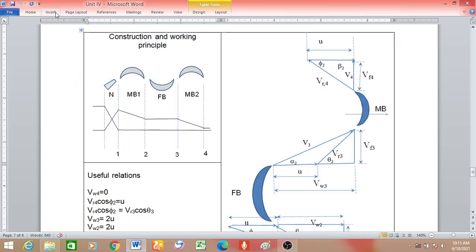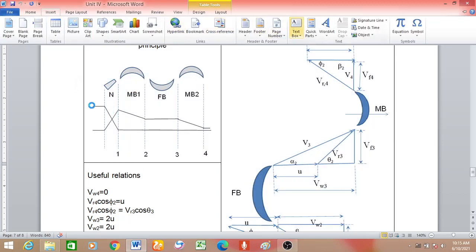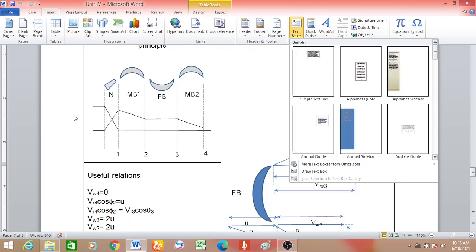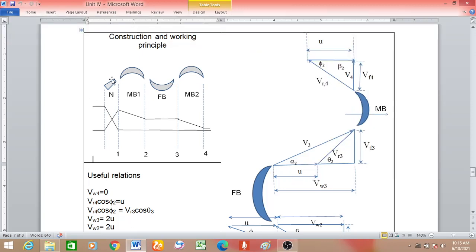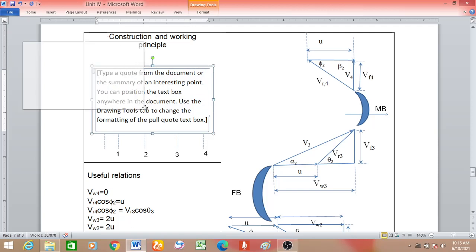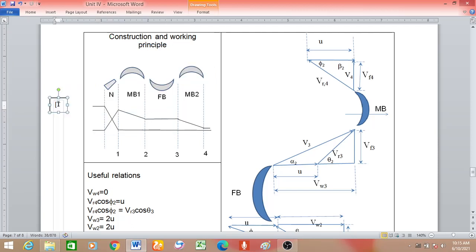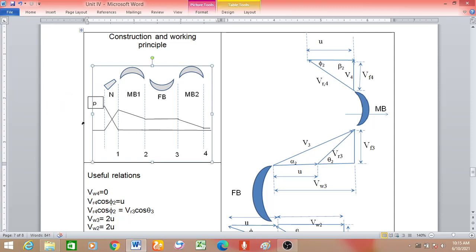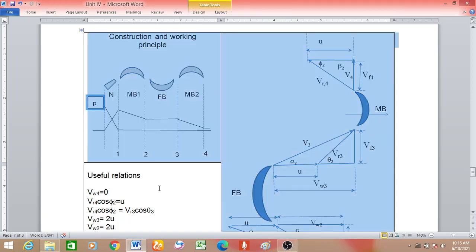Okay, I will indicate that also. You can see here, this is the pressure line. Okay, this is the pressure line. Pressure is going to decrease in the nozzle. I will put, say, the pressure. Okay. This pressure is going to decrease in the nozzle.